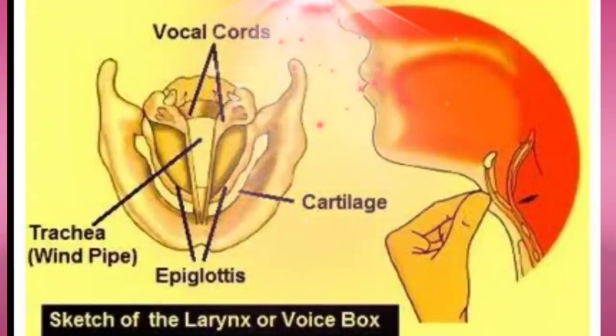Either speak a little loudly, or sing a song, or produce a humming sound like a bee, and put your fingers on your throat. Do you feel some vibrations? In humans, sound is produced in the larynx. While swallowing food, we can feel with our finger a hard bump that seems to move. This is nothing but the larynx.